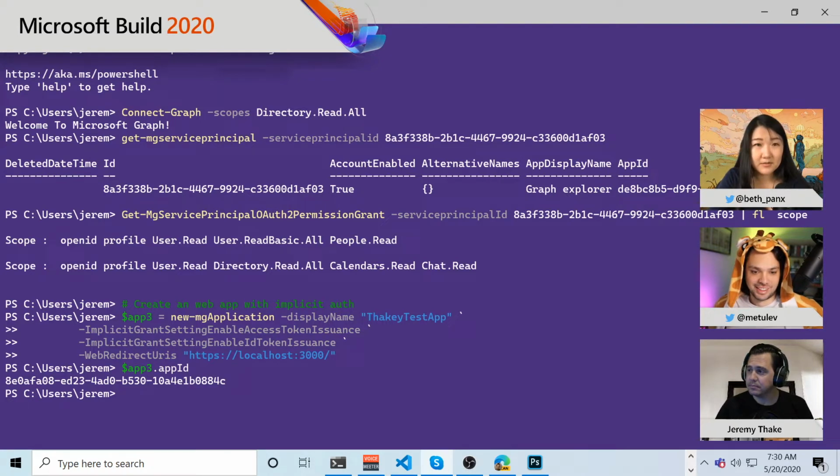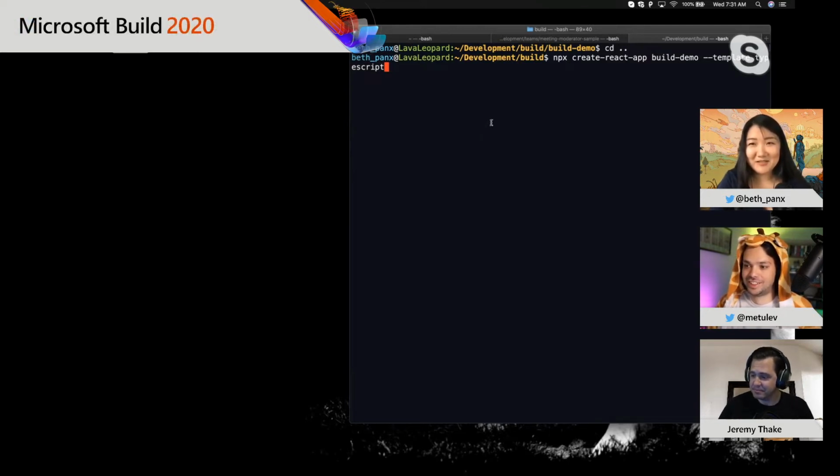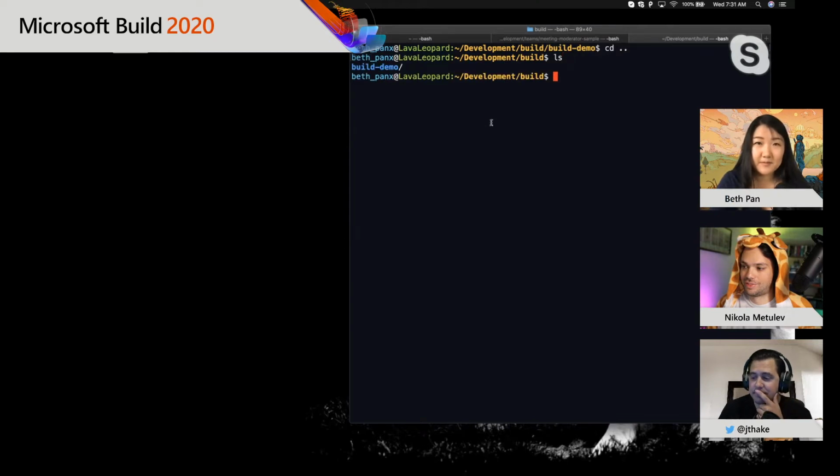Let me go to my terminal. Here it is. So what I did while Jeremy is showing you guys how to create an AAD app inside of Azure Portal or using his amazing PowerShell skills, is type in a command and create a React app so that we can save some time live. So the app is created. It's called build-demo. Now if I see what's in the folder and get into build-demo,